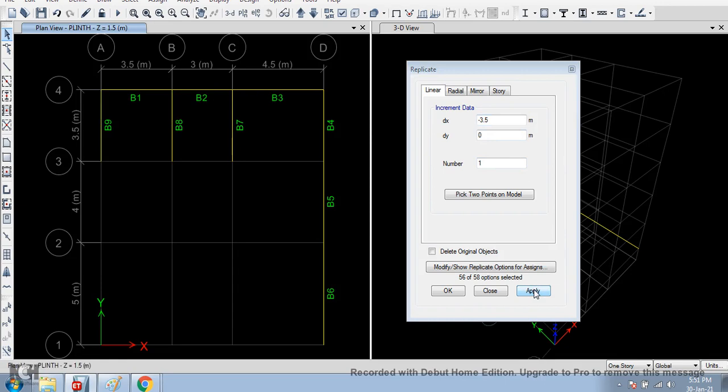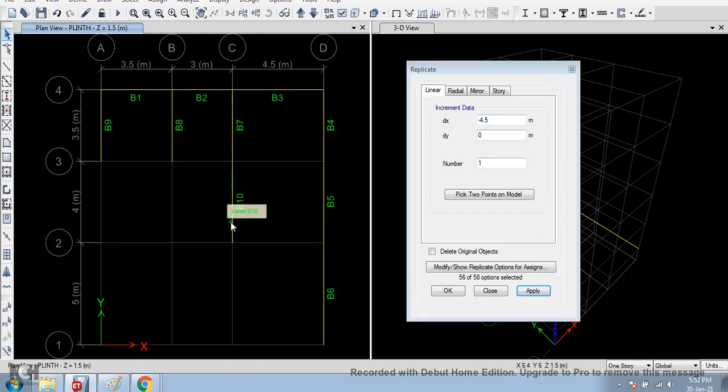Next step, there is a B5 beam. That B5 beam I had to move backside by minus 4.5 meter. Select the B5 beam, minus 4.5 meter. Apply.